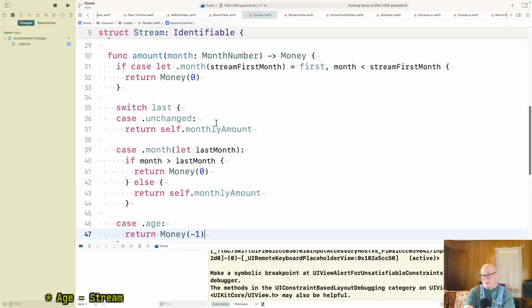I guess another alternative is we put the person in the stream, in the date specifier, instead of the name. So right now I'm using name as a key. It'll go look up those things.